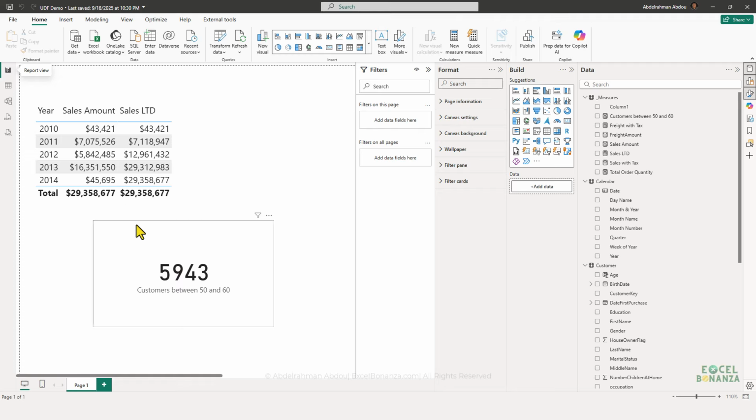All right, so that's it for today's video. UDFs are a great feature. It has some limitations at the moment, and you can read about them on the page on Microsoft's website that speaks about UDFs as a new feature in Power BI. One of the limitations so far is that they can't work on the Power BI service. So hopefully this can get fixed in the future. But I think that they are a great feature that is going to allow us to save a lot